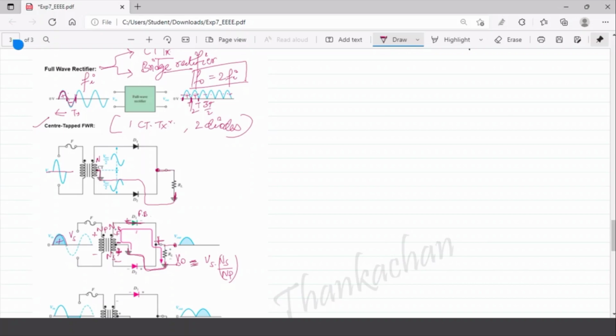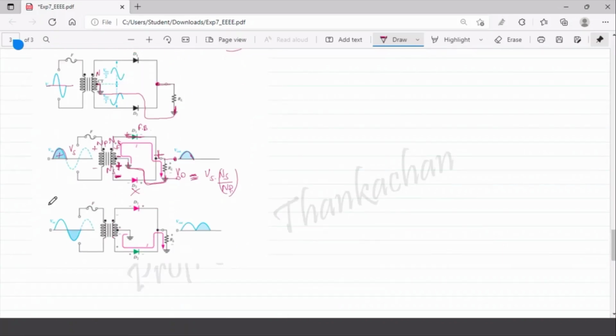What about diode D2? What is happening? You can see because of this polarity, plus and minus, the minus gets connected to the anode here, thereby disconnecting this diode D2, because it is reverse biased. Minus connected to anode, this gets off. So it gets disconnected from the circuit altogether. So what is the voltage which is coming across the load? The voltage is exactly equal to Vs multiplied by the turns ratio of the transformer, so Vs into Ns divided by Np. That is the voltage which is coming here. I hope everyone understands. Now what happens in the negative half?